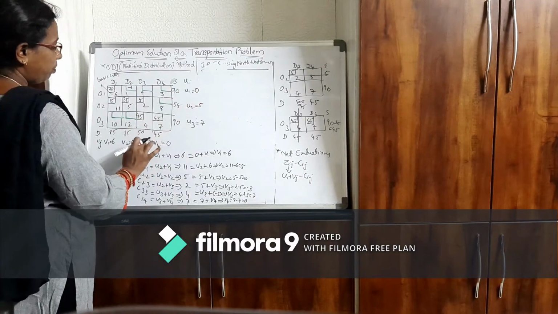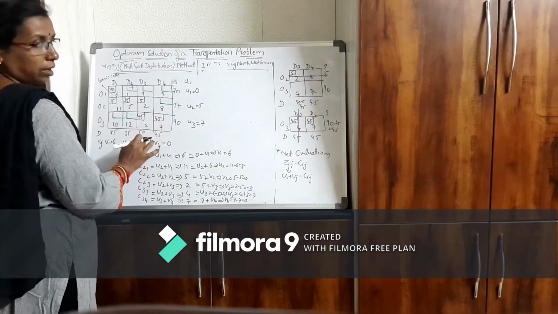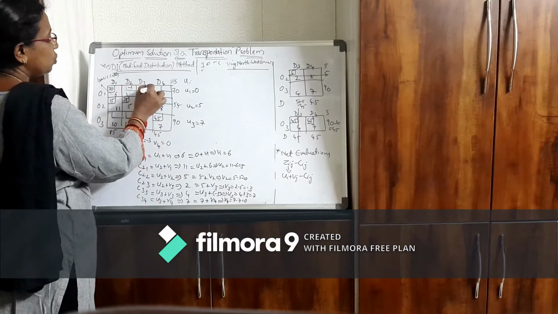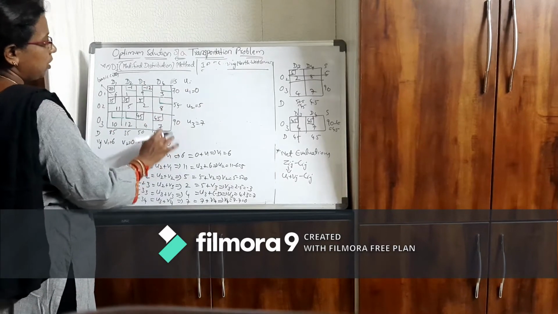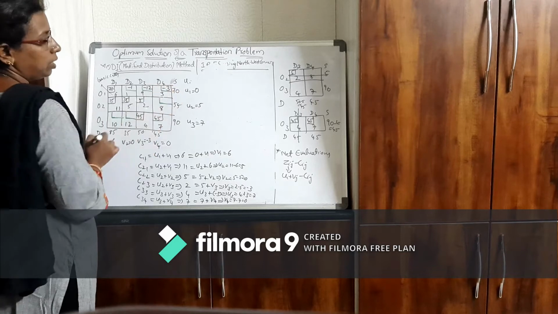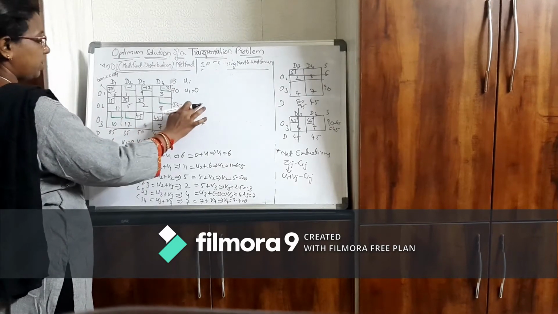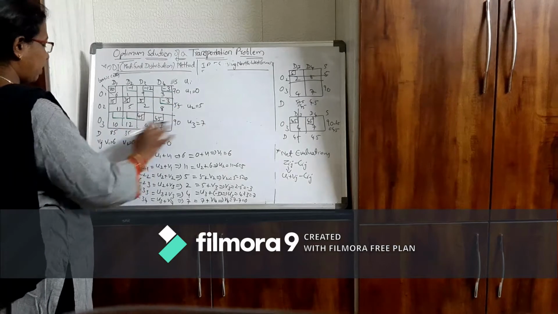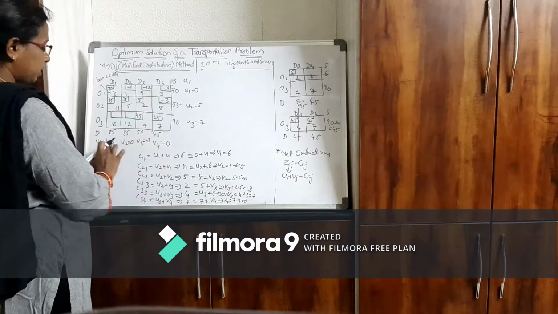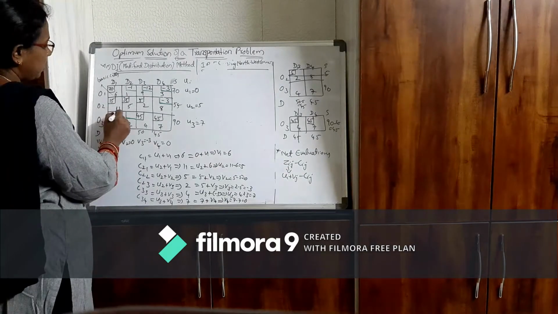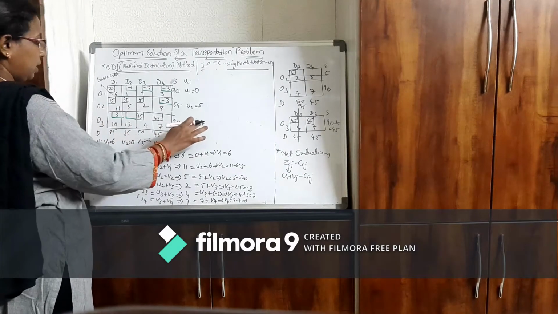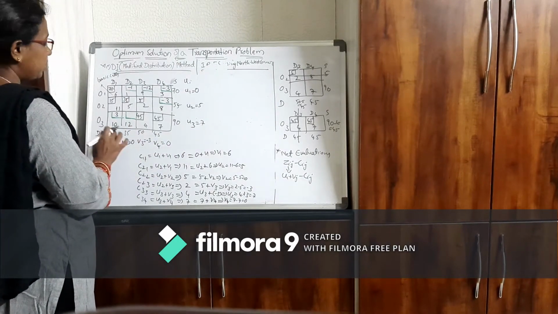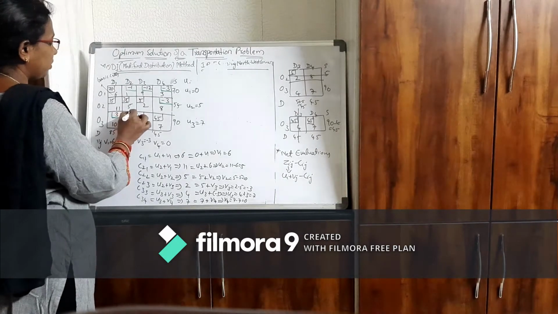Similarly 0 plus of minus 3 minus 9. So minus 12. 0 plus 0 minus 3. So minus 3. Similarly here 5 plus 0 minus 8. Minus 3. 7 plus 6 minus 10. 7 plus 6 is 13. 13 minus 10 is 3. Then 7 plus 0 minus 12. 7 plus 0 is 7. 7 minus 12 is minus 5.